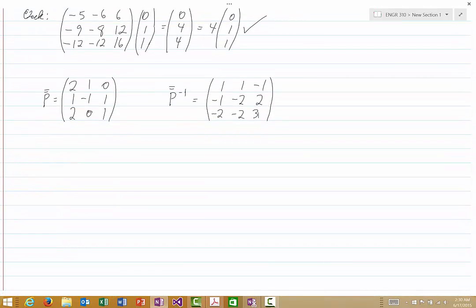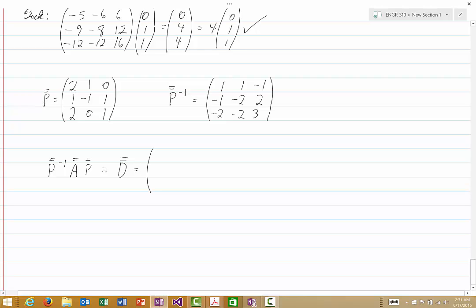And then if you check this, P inverse AP will indeed give you a diagonal matrix D